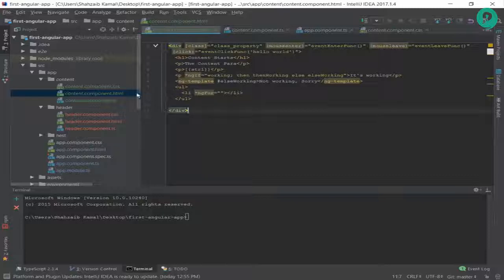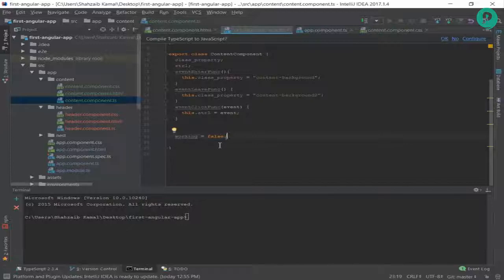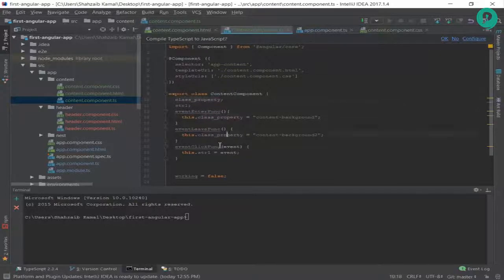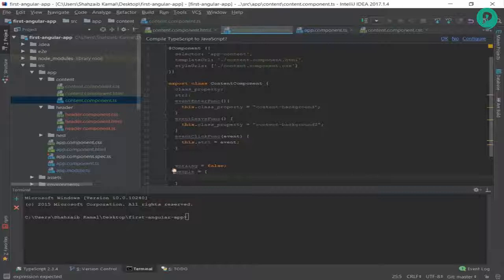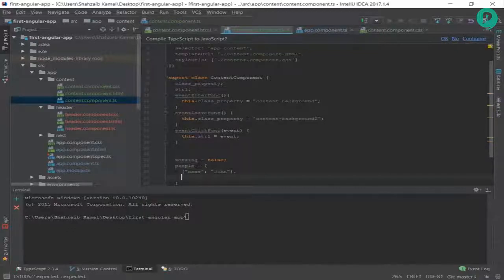First of all, I think we just need to go there and leave this as it is. I'm going to the component in here. We're inside the export class. Don't forget that we are inside the export class. There, inside this one, I'm making a new thing. I'm making an object, the people, equal to, and it's a multi-dimensional object. We just need to put a few things here, the curly braces, and inside the curly braces I'm putting something like name, and the value for the name, the first name I'm putting is John, and the comma and line break, and going down, and again the same logic,